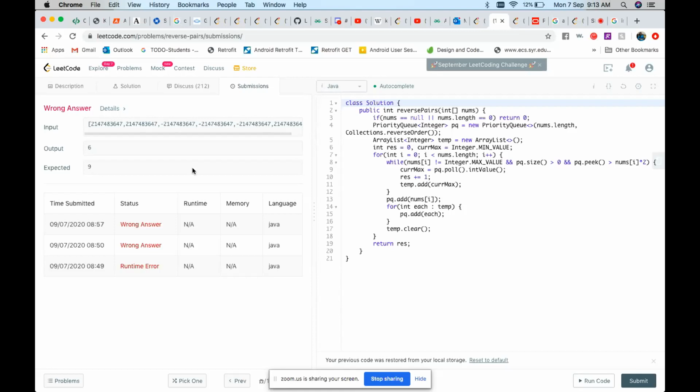Java has nullable integers, like in C Sharp we have nullable integers. I would use a nullable integer to specify that there is no value right now. So you can assign a nullable current max as null to start with, and whenever it is null it means there's no value. Okay. Maybe you can quickly try with divide by 2 and see if it works. Okay, let me see.